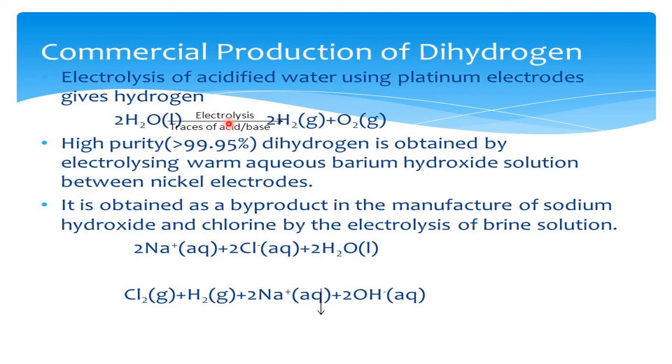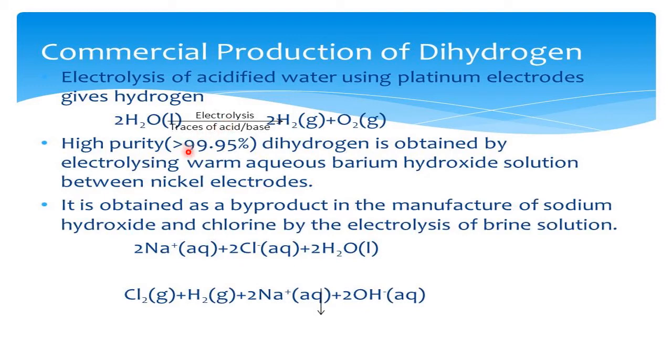So H2O breaks into H+ ion and OH- ion. Being a positive ion, H+ goes towards the negative electrode, and OH- being negative goes towards the positive electrode, and thereby loss and gain of electrons take place. On one side there is electron loss, and on the other side electron gain. So totally the electron loss and gain is balanced, and we collect hydrogen where H+ goes. The cathode is negative, and on the cathode we collect the H2 gas, which is used for different purposes. This is one method, that is, the electrolysis of water.